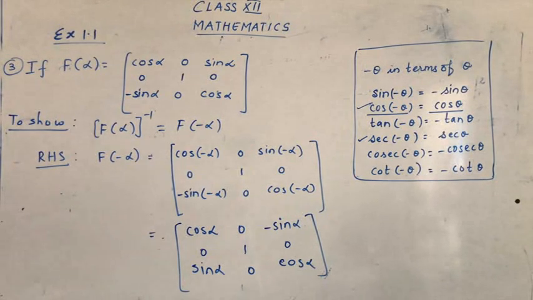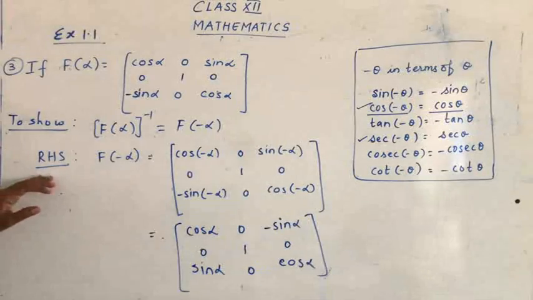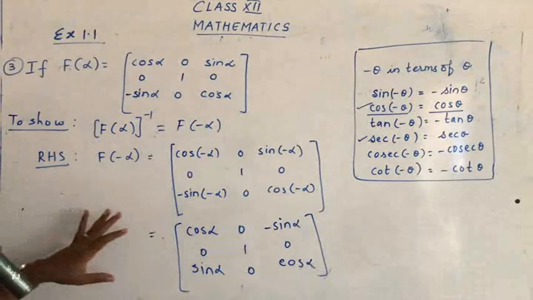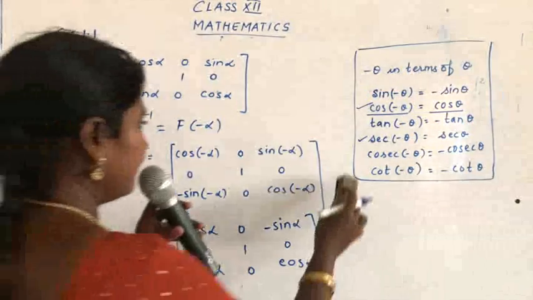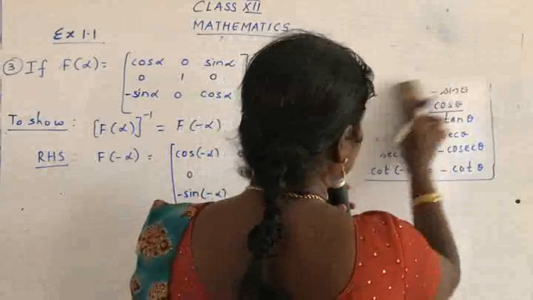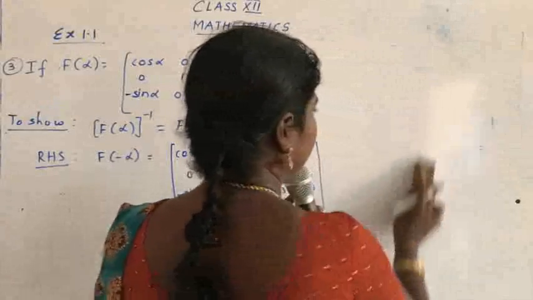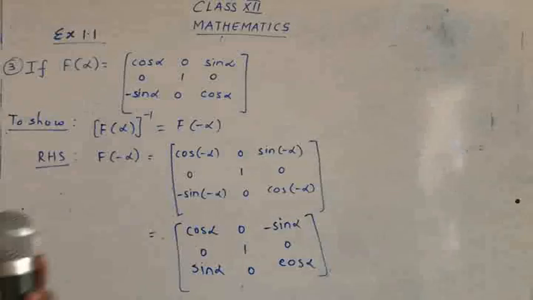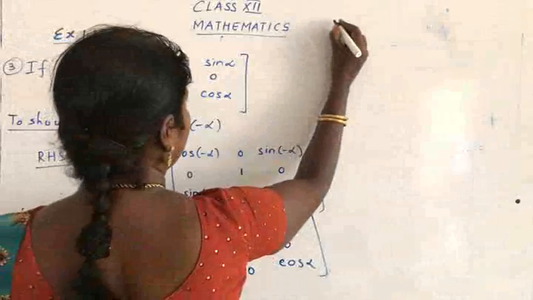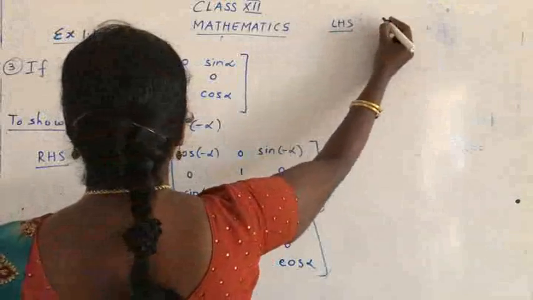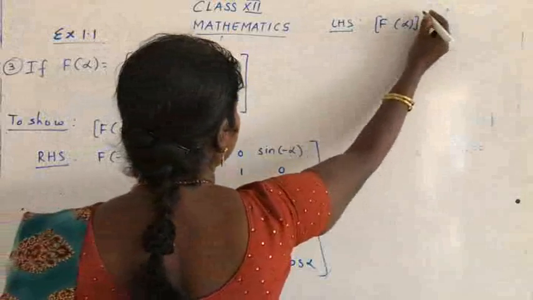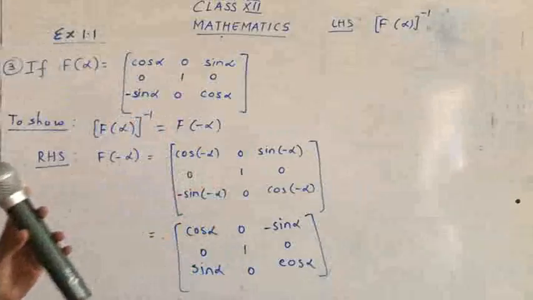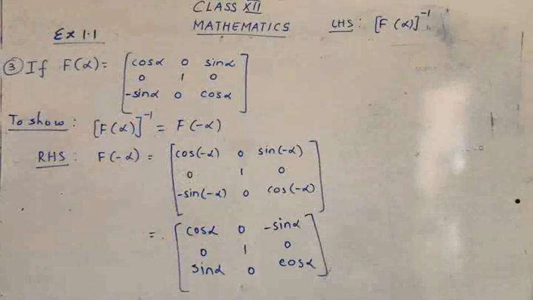So let's see how to start. Now for RHS, we got this, just keep this RHS as it is. Now let's go with the next step. Write on LHS. I'll rub this part. I hope that you have taken down this. So LHS is to find f of alpha inverse. F alpha inverse we have to find. Yes? Okay. So inverse, you know what the method for it is.